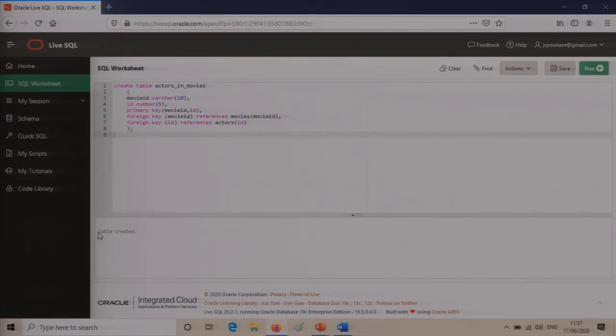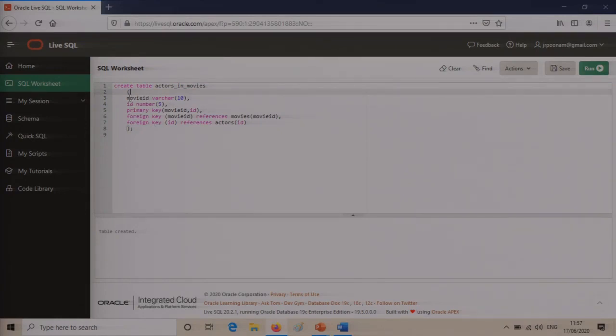Can you see the tag here? It says table created. Now you can see that the create table actor in the movies, the table named actor in the movies, is the relationship table between actors and the movie table.